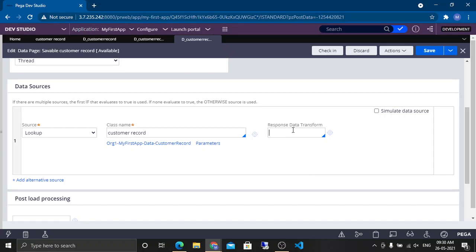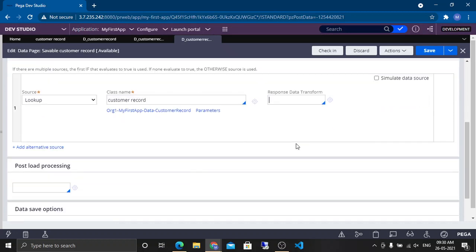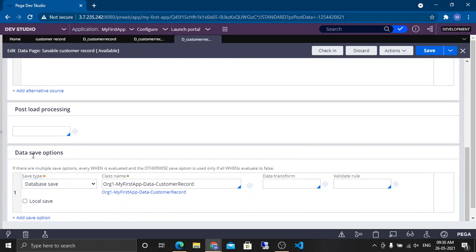Then I can put some post configurations. And to use this data save option feature, we have one utility on the flow, like we have add child case, approval shape, like that, right? So there we have one utility to save the data page, a save data page option, something like that.